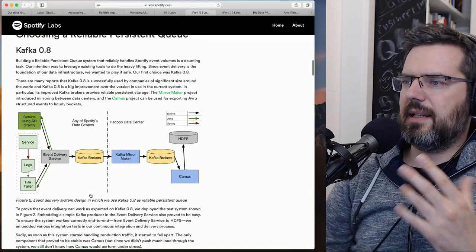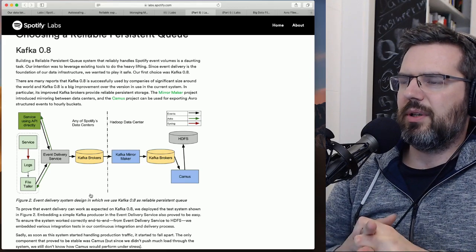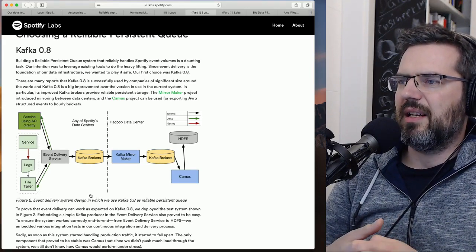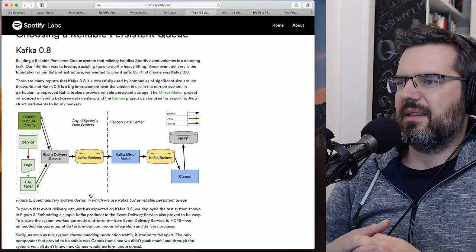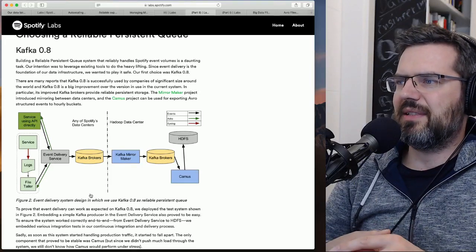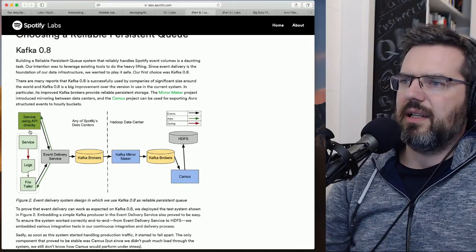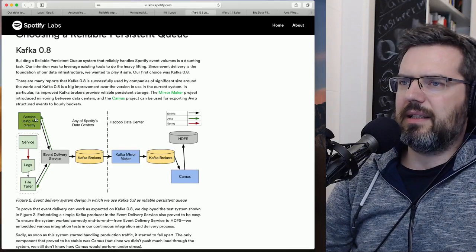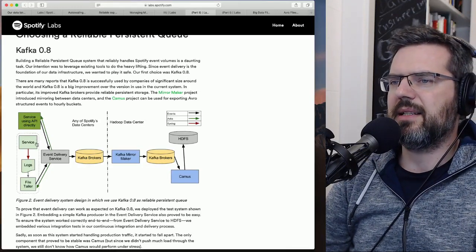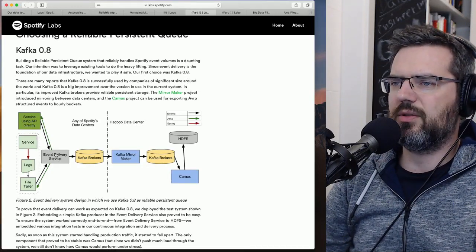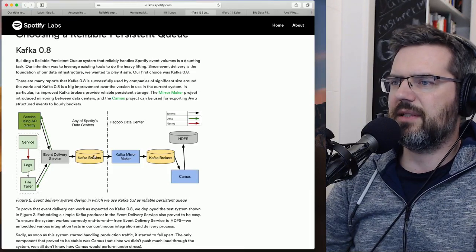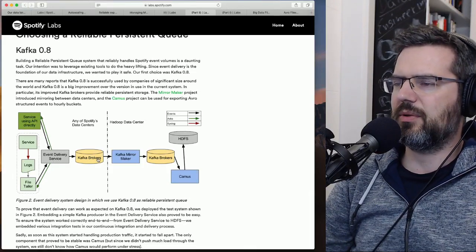This is, let's say, a more traditional approach. It's more what we have seen before. It's very straightforward. It is service APIs sends data to this delivery service that puts it into a Kafka broker,